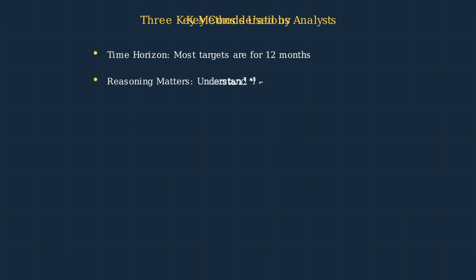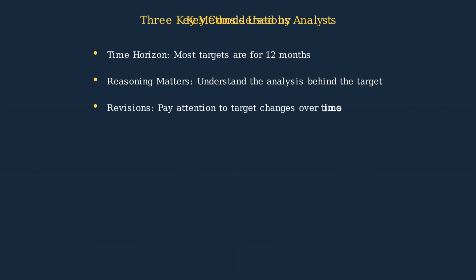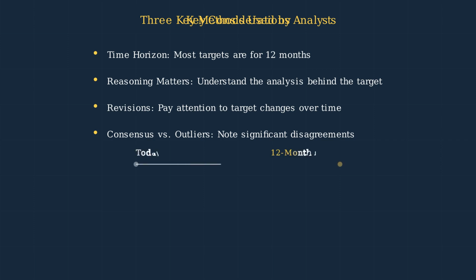When using analyst price targets, consider these key points. Most targets have a 12-month time horizon. The reasoning behind a target often matters more than the number itself. Pay attention to target revisions, as they may signal changing fundamentals, and understand that significant disagreements between analysts can provide valuable insights about a stock's risk profile. Remember that most analyst price targets are based on a standard 12-month outlook, so adjust your expectations if your investment